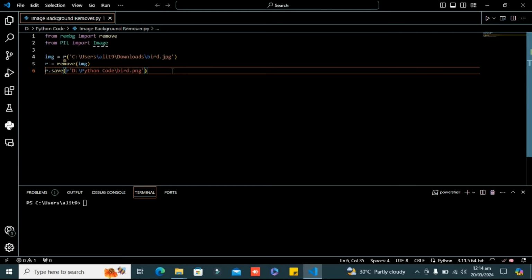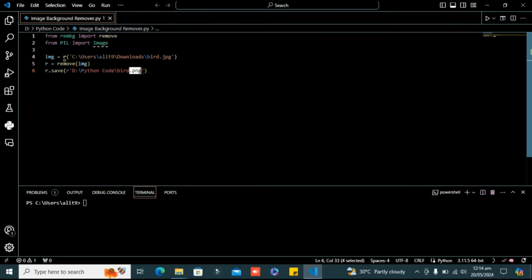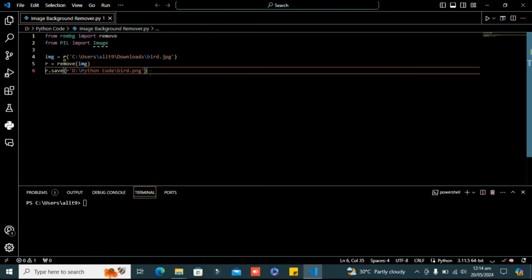So guys, basically make sure that you do not use any other format. You have to use PNG for the output image, or I can say the processed image, in order to save this file into your system, because if you do not use PNG, it will generate an OS error.